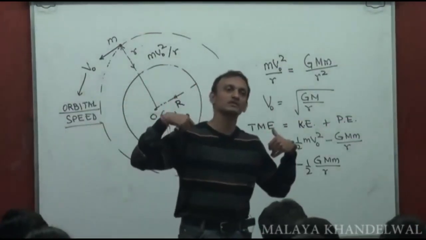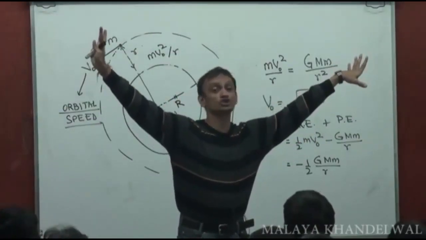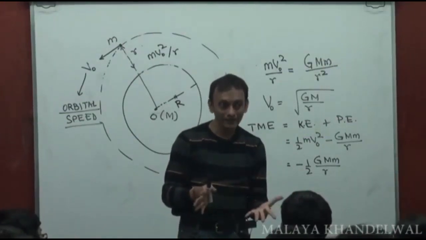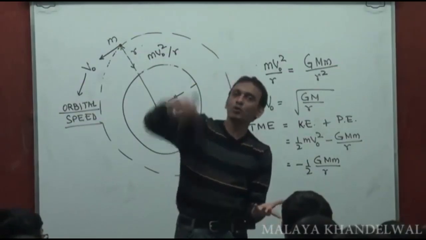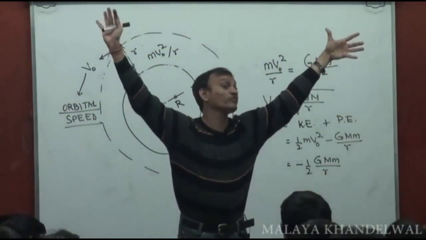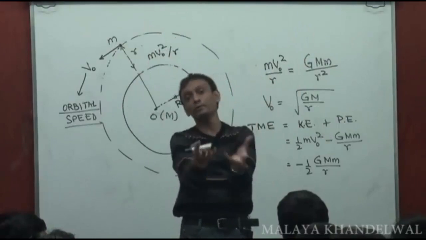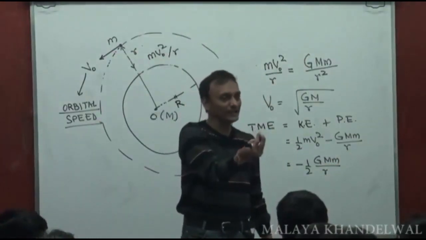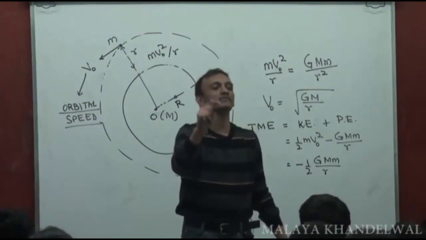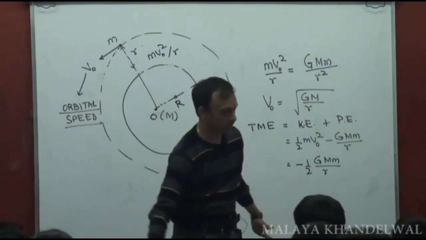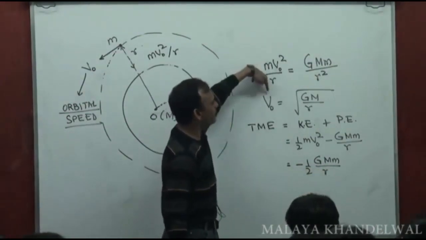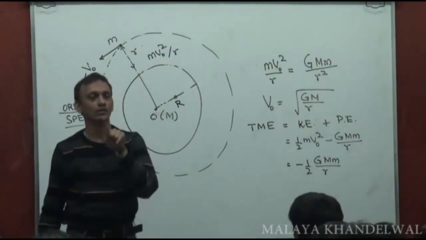If the total mechanical energy becomes zero, that means it's escaped from the clutches of the field. It's not prevalent inside the field. Because if it's present inside the field, even if it does not have kinetic energy, it will have potential energy, which would be negative. And the moment it escapes to infinity, kinetic energy could either be zero or very large, very far away, and potential energy is zero. So very far away from the field, the total mechanical energy would either be zero or positive. But inside the field, the total mechanical energy ought to be negative. That will cause boundedness to the field, right? So this is one fact that you might want to remember. Minus GMm by 2r, orbital speed root GM by small r for a satellite orbiting in a radius small r